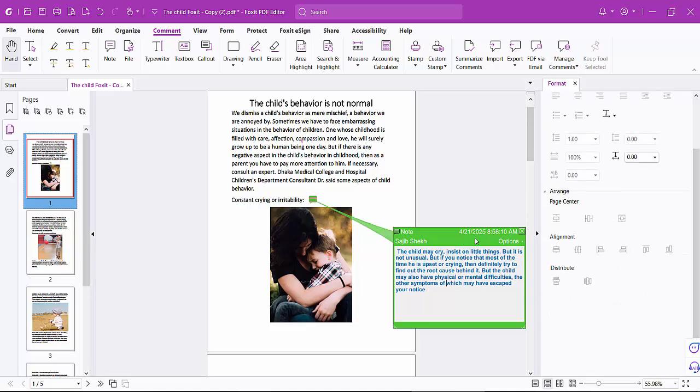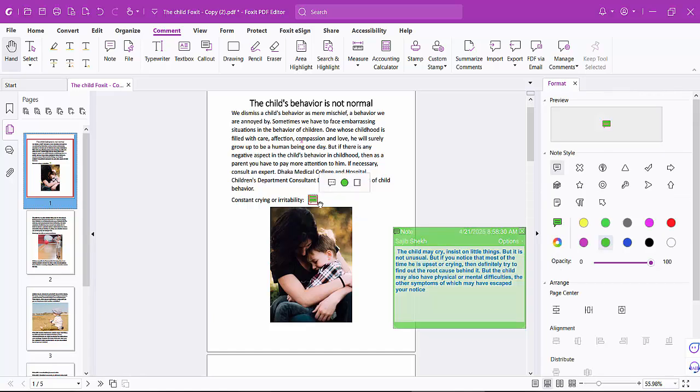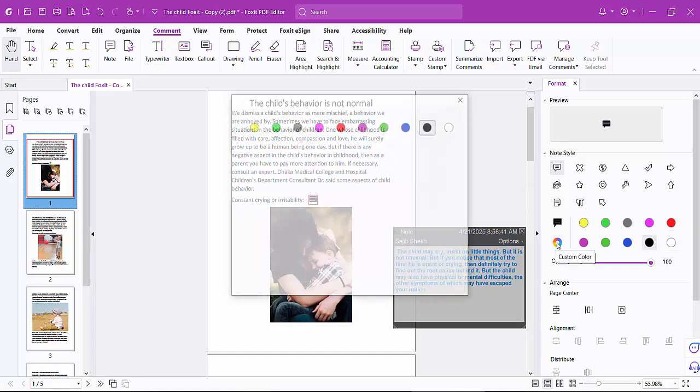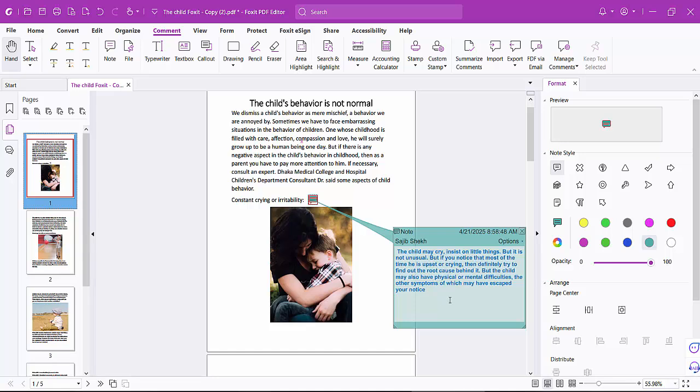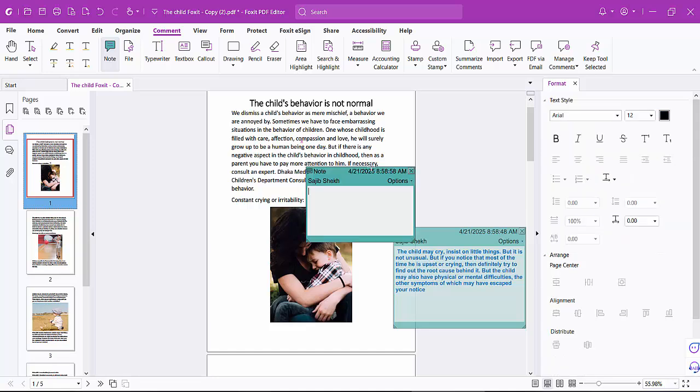and scroll down and click on this pop-up note, and here you can see the pop-up note color and see this custom color and select OK and see this, and again you can select and insert another pop-up note